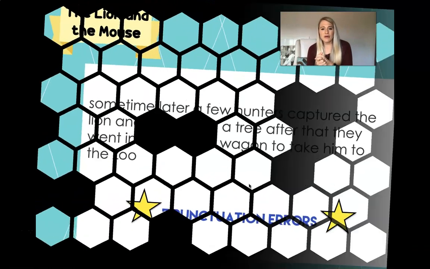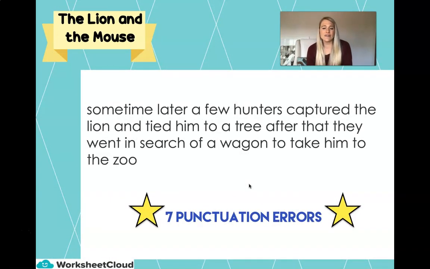So this paragraph over here, there are 7 punctuation mistakes. Can you identify all 7 mistakes? So as I read it, sometime later, a few hunters captured the lion and tied him to a tree. After that, they went in search of a wagon to take him to the zoo. Okay, 7 punctuation mistakes. See if you can identify them as I'm going to reveal the answer in 3, 2,